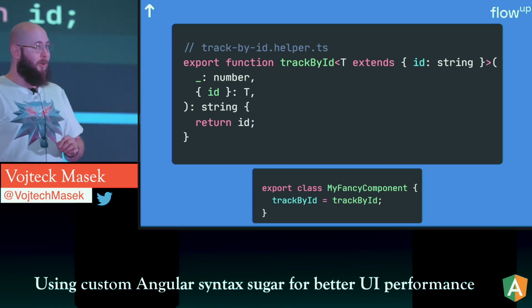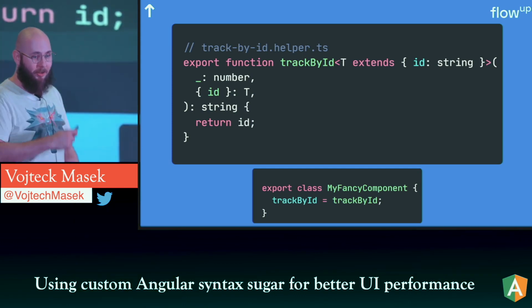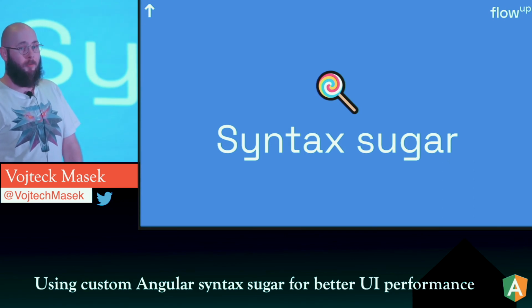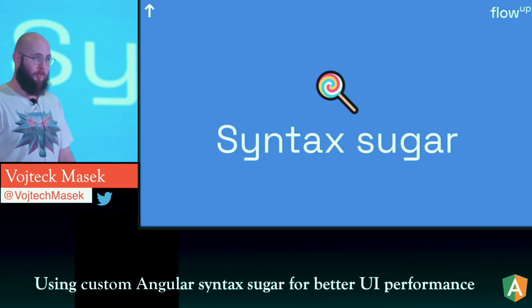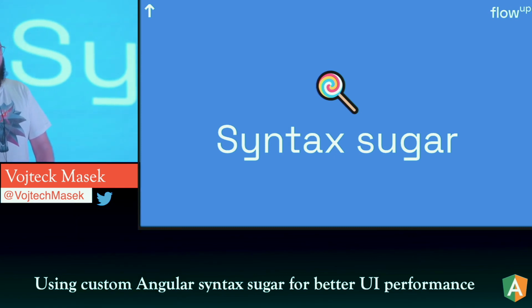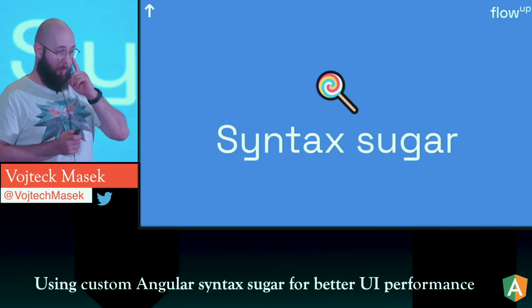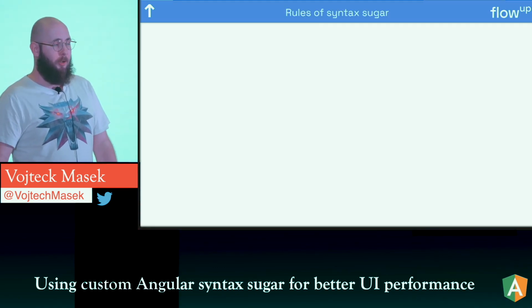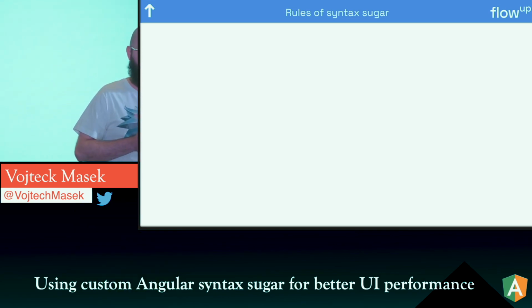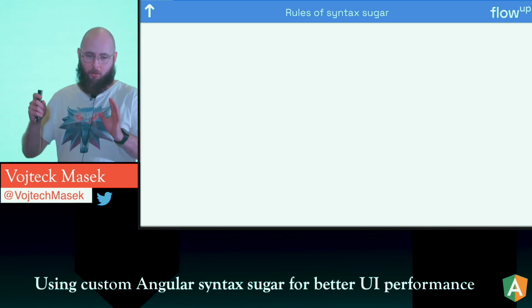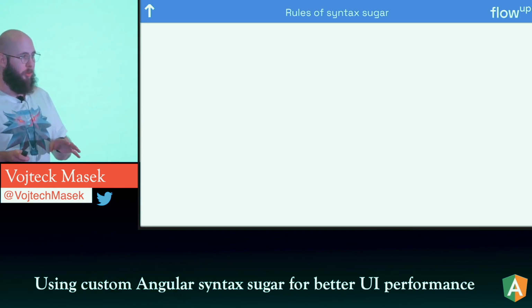And if you don't even want to do this, then you can be even more clever and try to do something with syntax sugar. But let me explain the syntax sugar of the directives, because the ngFor is a directive, a structural directive, and the syntax sugar plays a huge role there. So let's go through it. There are some rules, and these rules are actually explained in the documentation. What I did was I took this explanation from the documentation and I tried to put some colors there,